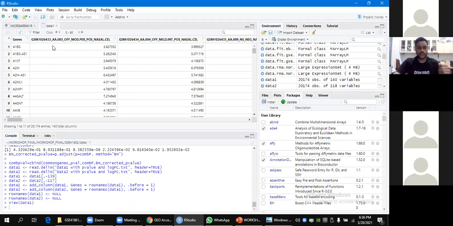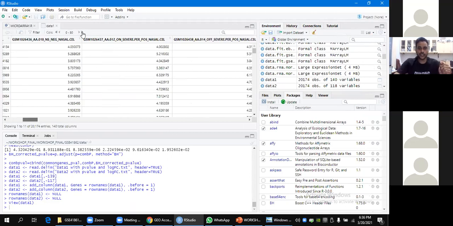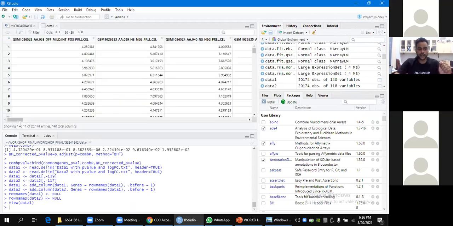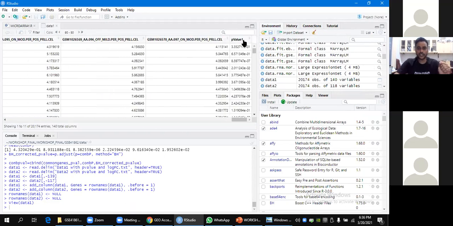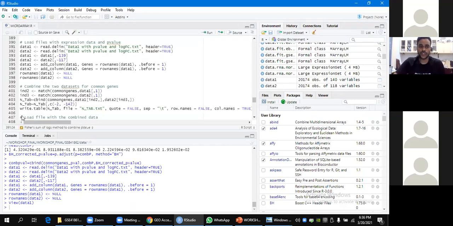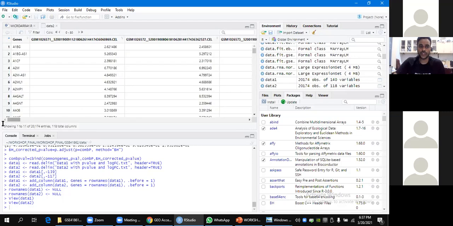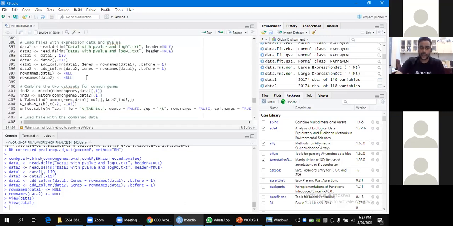On the left side are the genes and the expression values, and at the end, where the gene expression values finish, there is a section where I've added the corresponding p-values of the common genes in data 1, and similarly for data 2. These are only the common genes. So out of both the data sets, 20,174 genes have been identified as overlapping.